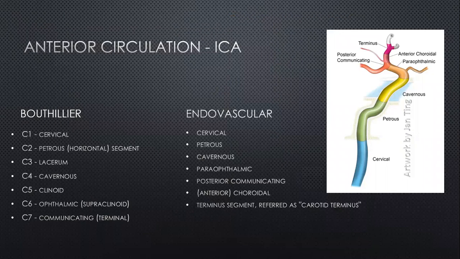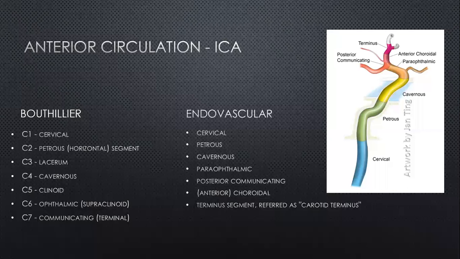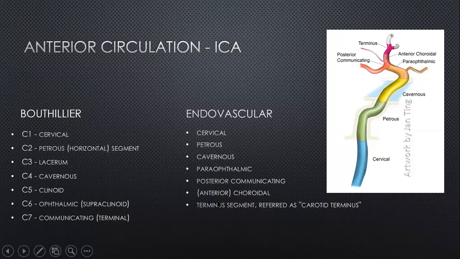So let's look at the anterior circulation in detail now. This is where we are going to go into a more detailed understanding of the blood vessel structure itself. So if you look at the internal carotid artery, there are various classifications which describe its structure. This one is found in the surgical literature, and this you may find in the endovascular literature. Basically these are to identify specific segments, and the surgical classification used it to identify the surgical access to the structures, while the endovascular one was based on the identification of the various blood vessels.